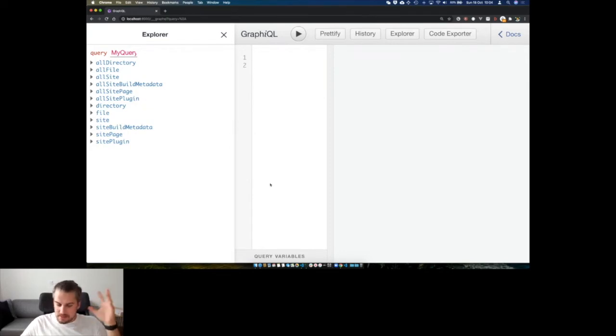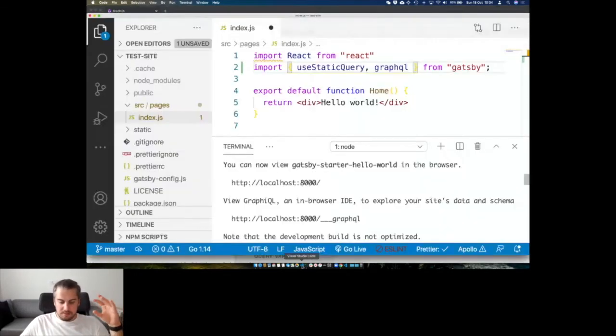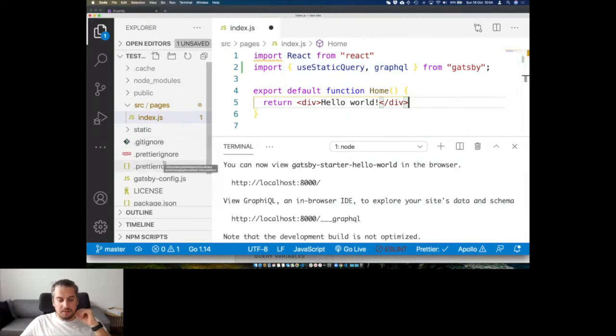So why is this important? Well, let me give you one use case, and there's of course multiple use cases in here. So we want to run some GraphQL query here, but let's think about this for a moment. Usually when you create a website, you have some metadata for your site that is used everywhere. Title, maybe the information in the footer, maybe the information in the header, maybe the description of the site. That information should be made available in multiple places. So what Gatsby allows us to do,